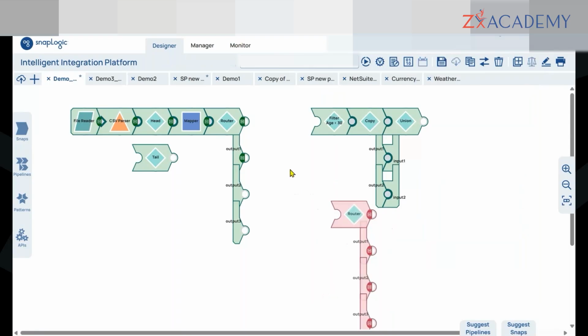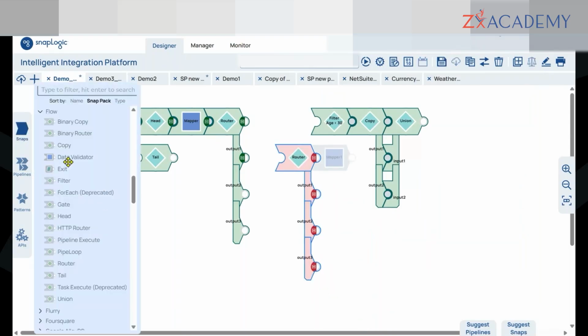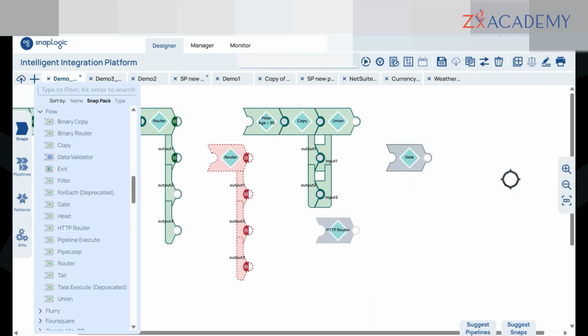Right? I think we covered all the important snaps in the flow. Head, tail, router, HTTP router. Yeah, this is another one. HTTP router, gate, exit,